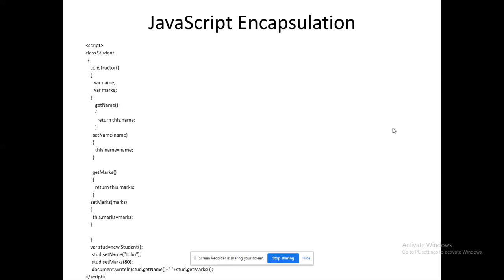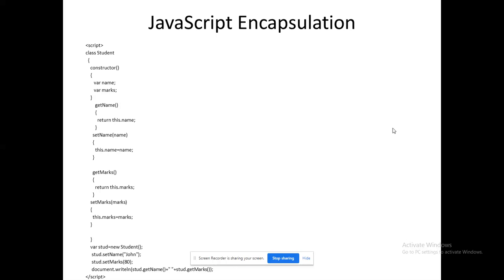See that I am having two variables, name and marks. First, see the get method, getName. Next, setName. Okay, setName is having an argument, name. From where is this name going to come? Check the bottom section of the slide. We are creating an object stud for the student class. Object dot setName of John, right? This John will be passed towards that setName. So name will have this, and getName will return this name.